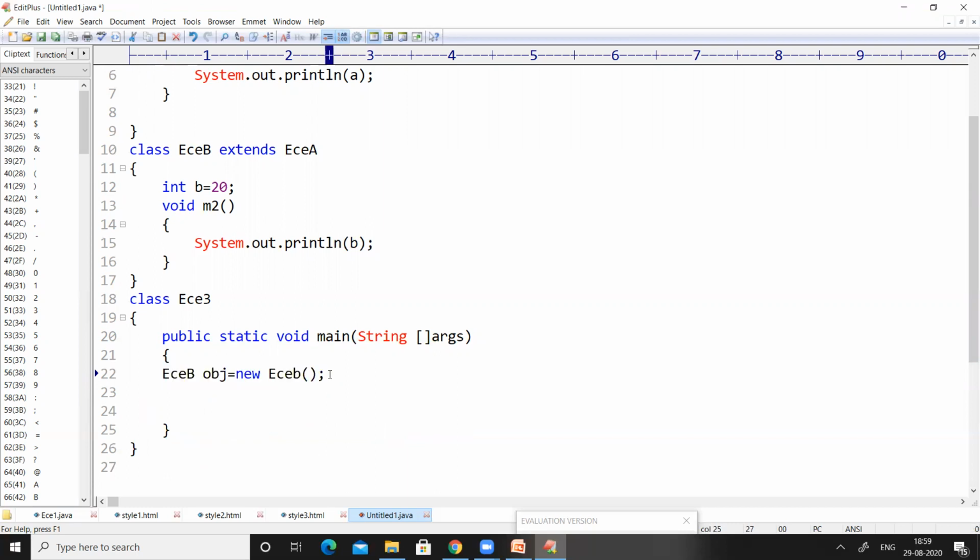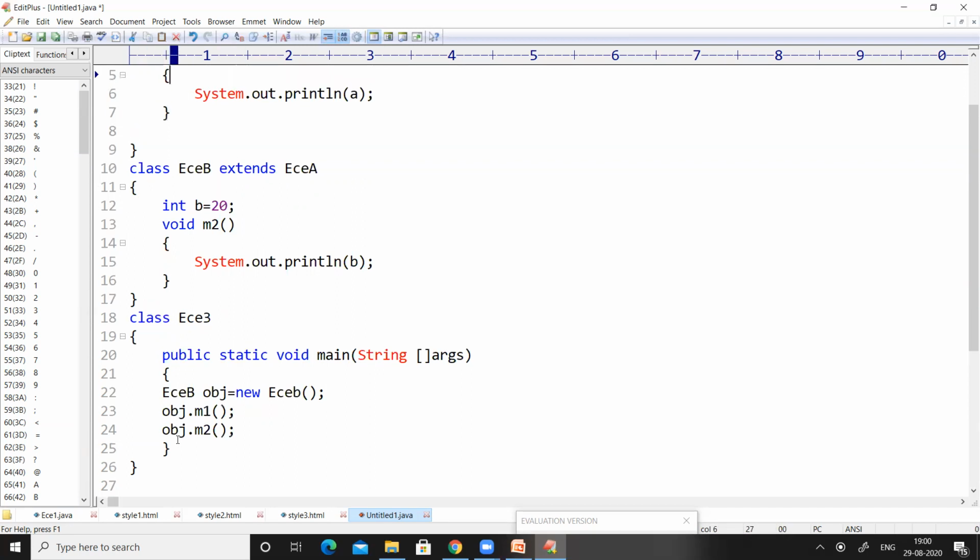Now, if we want to execute the non-static elements in ECEA and the non-static elements in ECEB, we have to provide the names of those non-static elements along with the object name, because int a equal to 10 and int b equal to 20 are both in RAM under the name of OBJ.